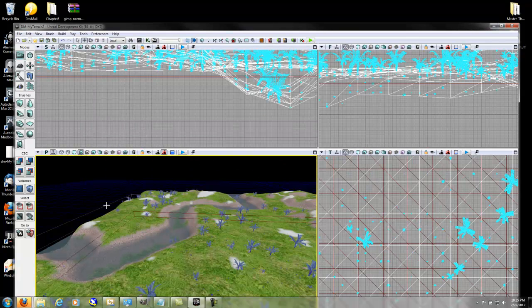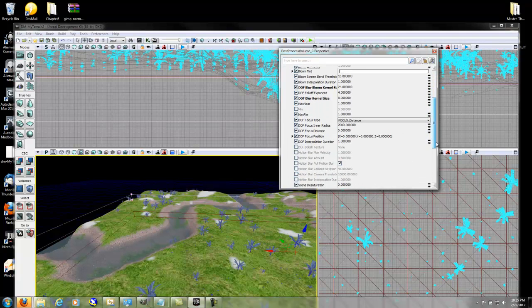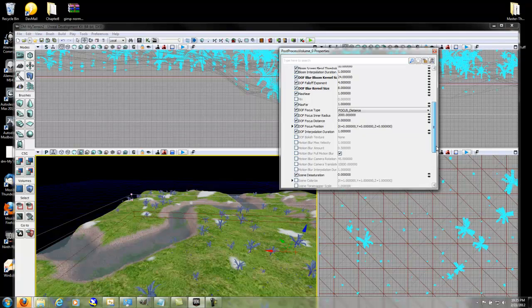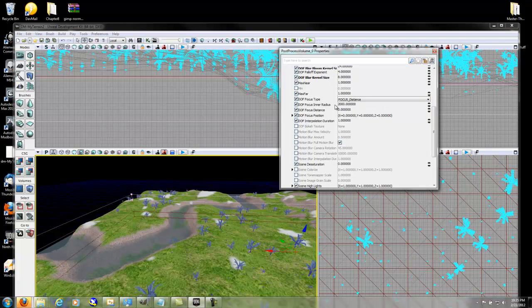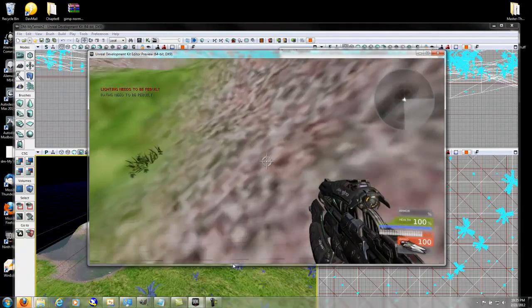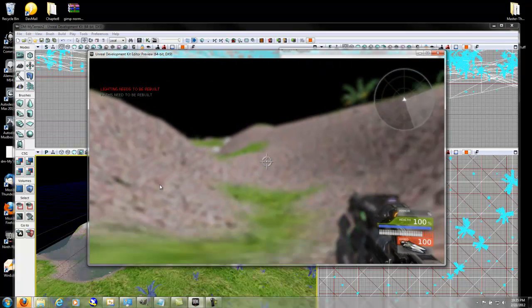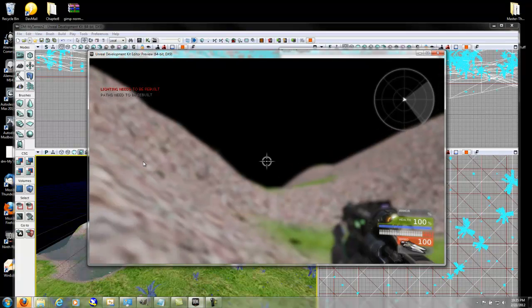Now I need to change some more properties of this to get the effects that I need. So I have the degree of the focus, the inner focus radius, let's make it 64. Now let's play the level. Okay, now as you see here, now the objects look blurry underwater,